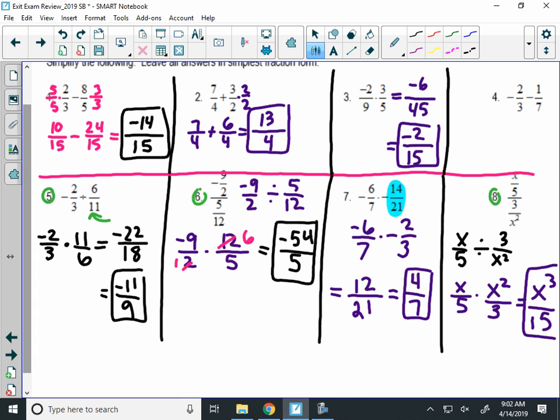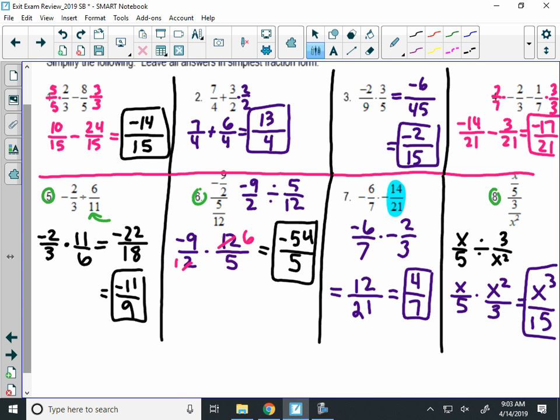All right, number 4, I need a common denominator in this one. 3 and 7, the smallest number they both go into is 21. So I'm going to multiply the first fraction by 7 over 7, and the second one by 3 over 3. When I multiply the first fraction, I end up with negative 14 over 21. That is negative 2/3 if you were to simplify it. Now I'm going to subtract 3 over 21, which is 1/7. Negative 14 minus 3 is negative 17 over 21, which does not simplify,